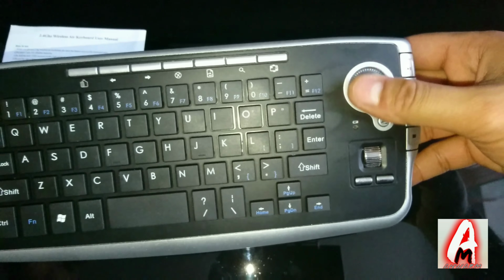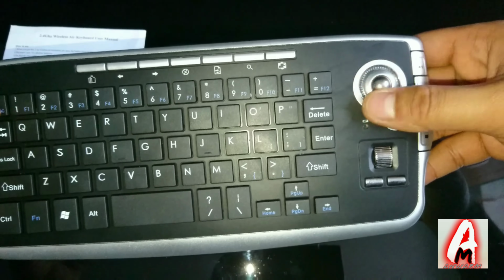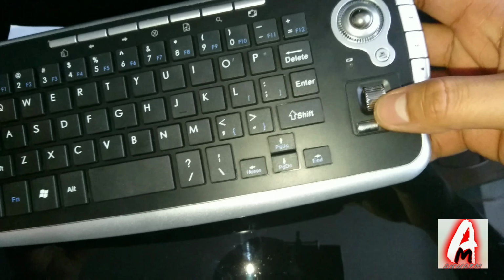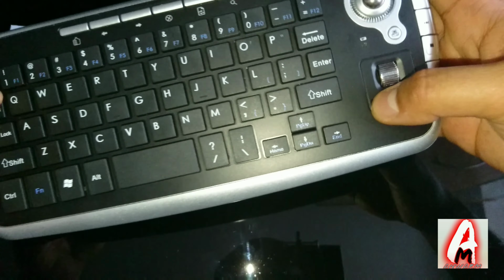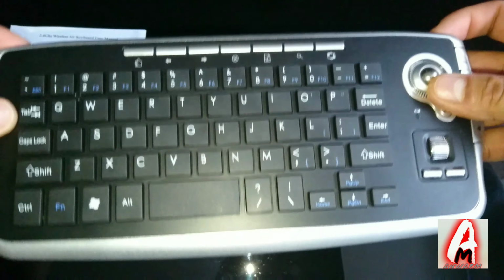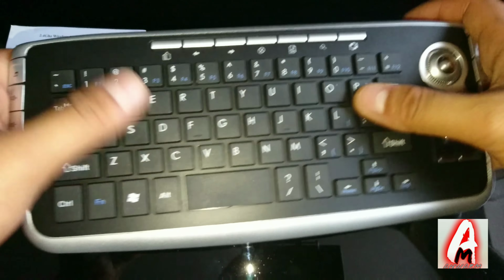After that, it has a mouse built in here. It's a rolling mouse as well, so that's quite fun to use. On top of that, it has another one for scrolling down. It has two mouse pointers there, left and right. It has two there as well. It looks more like a gaming pad. Overall, just the basic